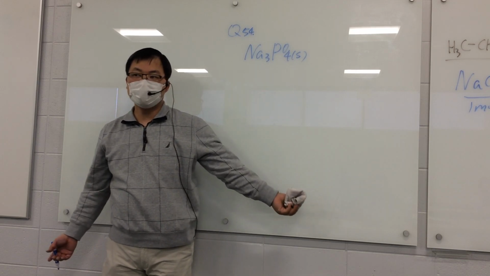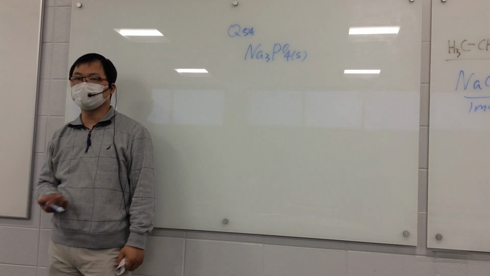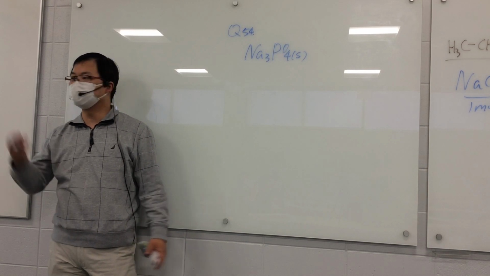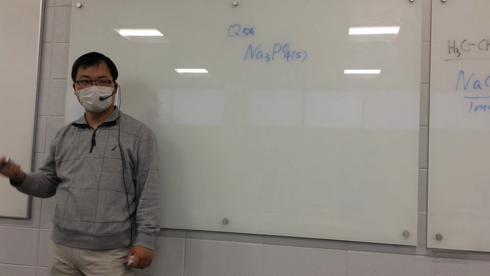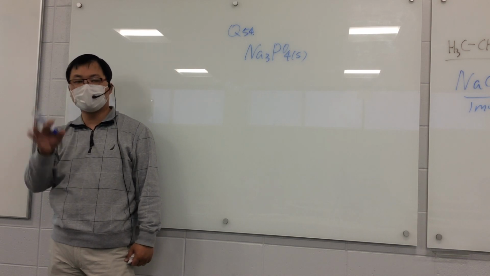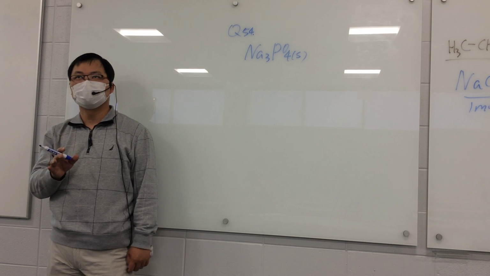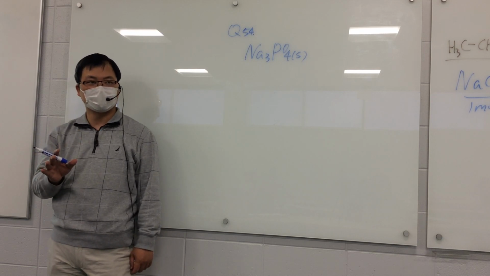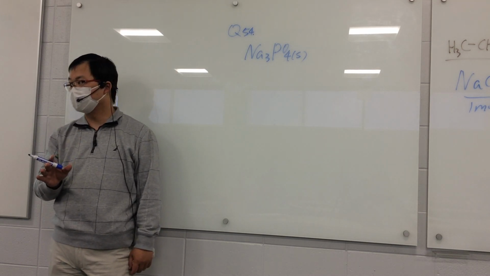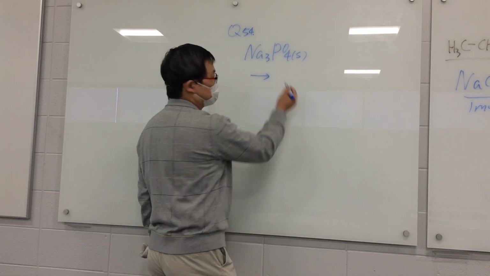And then remember, in chapter 4 we discussed that any salt with sodium ion is soluble in water, right? Any compound with sodium ion is an ionic compound, and it's soluble in water. Then, when it's dissolved,